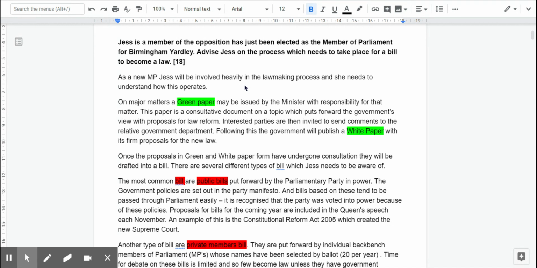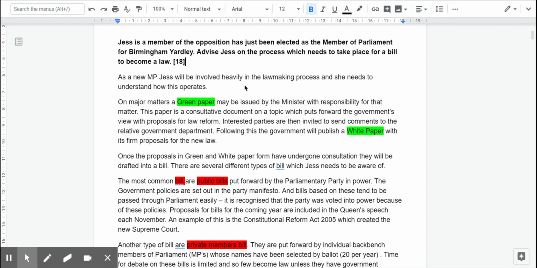So one of Eduqas's favourite things to do that we've seen in previous exams is they like to use examples of real things that are going on in the news and ask you to look at the perspective on them. And sometimes it can be a bit of a red herring, because you might end up knowing quite a lot about the thing that the scenario is based on, but the question may not be directly relevant to that. So be really, really careful.